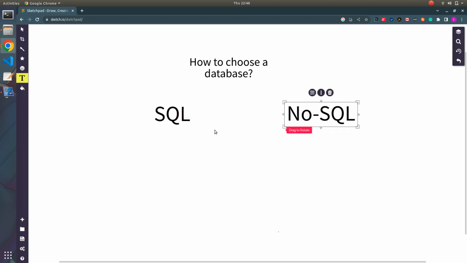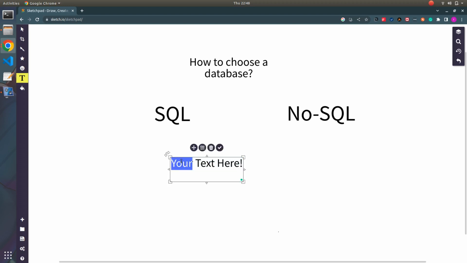So let's discuss some factors. Before choosing any database, there are basically three factors which we need to take care of. So the first factor is what is the type of data which we